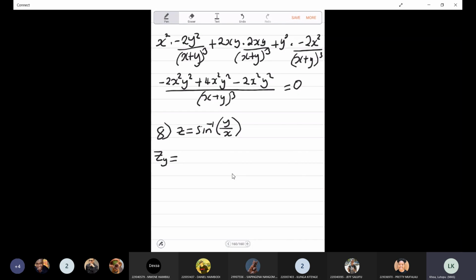So differentiating with respect to y first, in the numerator we have the derivative of our function, which is 1 over x, and then in the denominator it's the square root of 1 minus y squared over x squared. Okay, this we can simplify. So this is 1 over x times the square root of x squared minus 1 over x squared. And this gives us 1 over the square root of x squared minus,